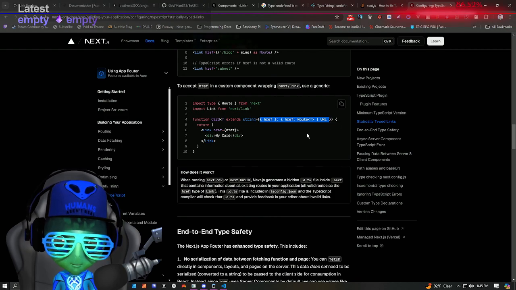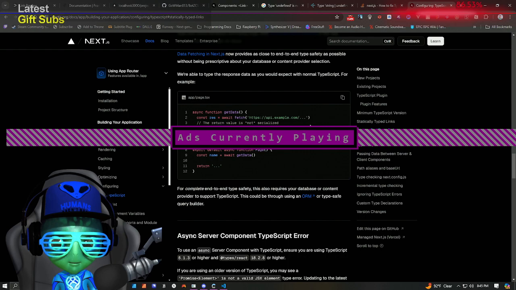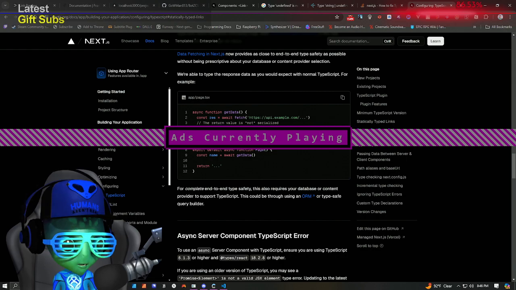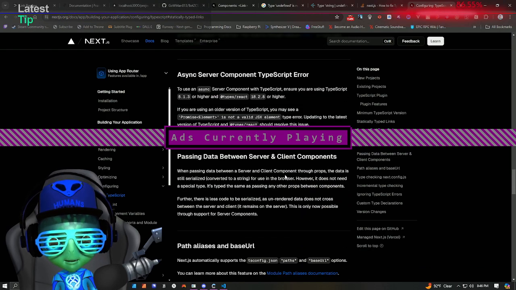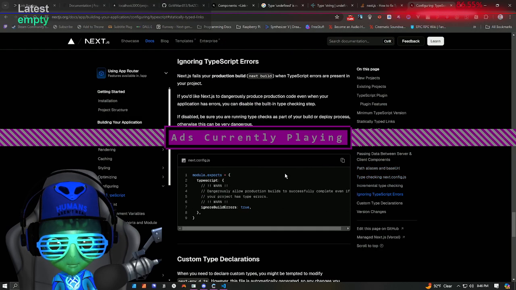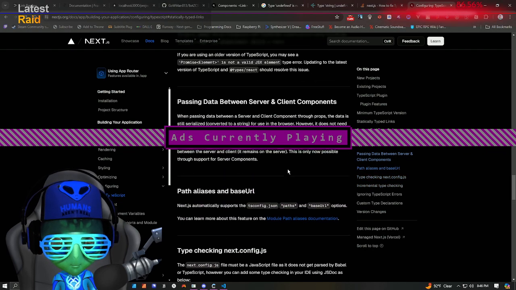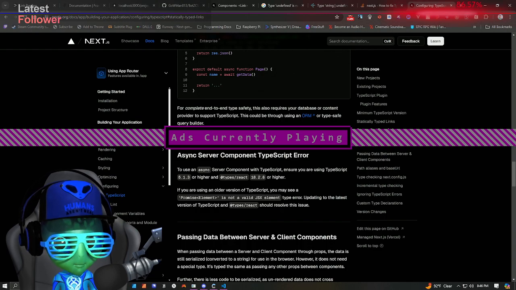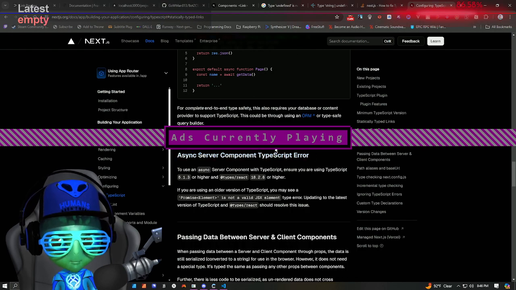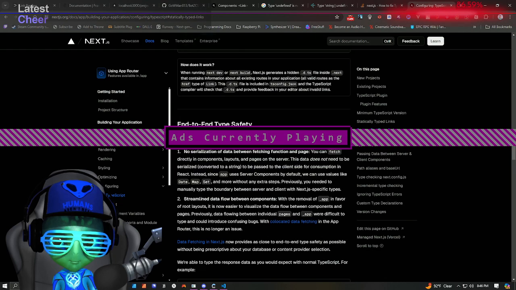Route URL. That's a function though. No. You don't know where this is from? I need to fix